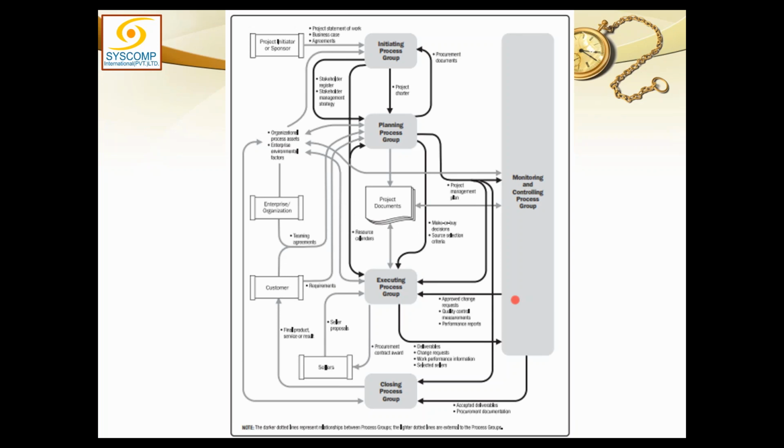So it will compare the work performance data with the project management plan and see what had to be done, what has been done, and do the analysis. And ultimately, after this analysis is done, it may move a change request if something is not in order and needs to be fixed in the project management plan. So every control has authority to move the change request.